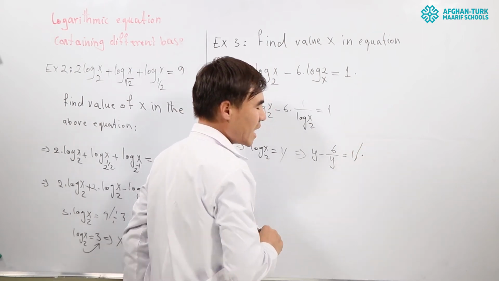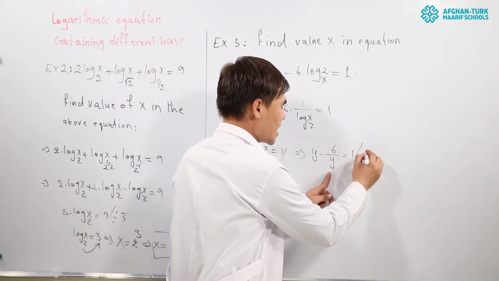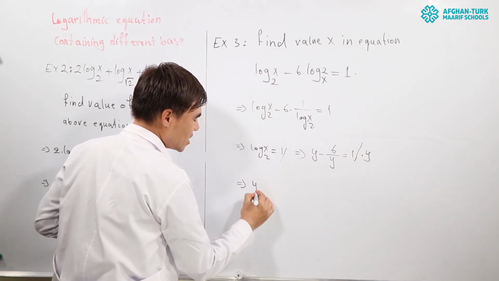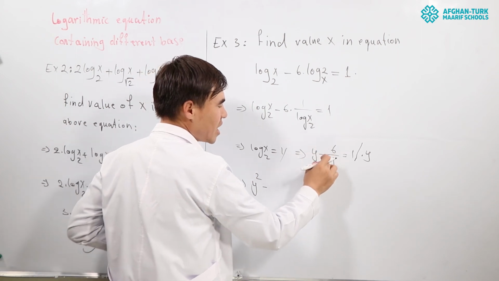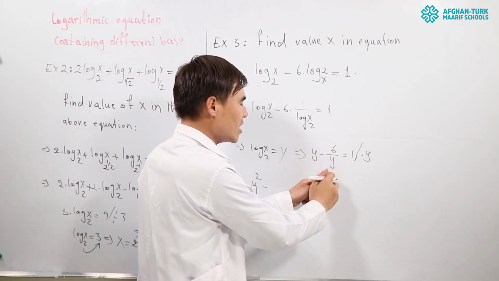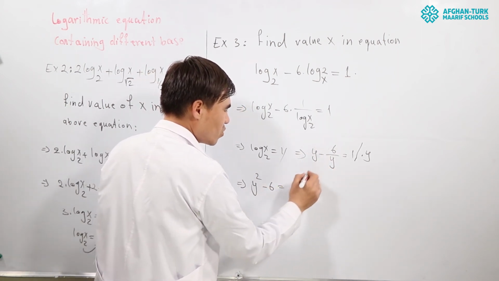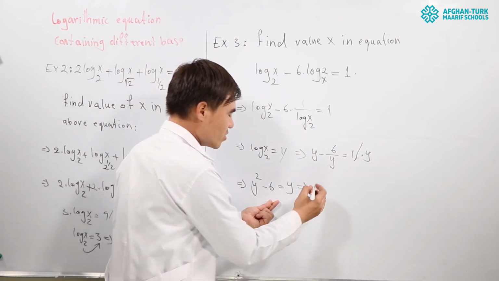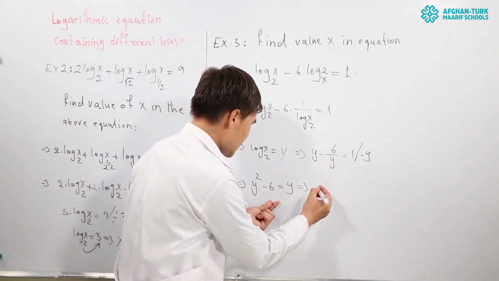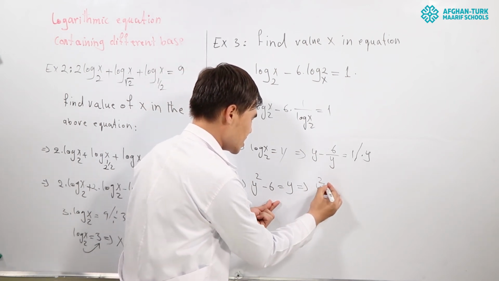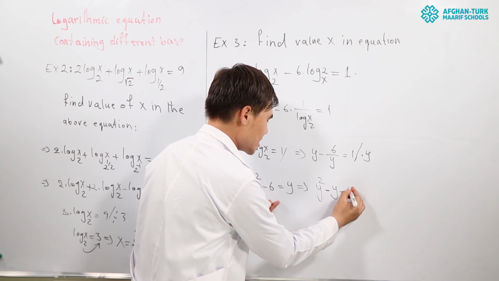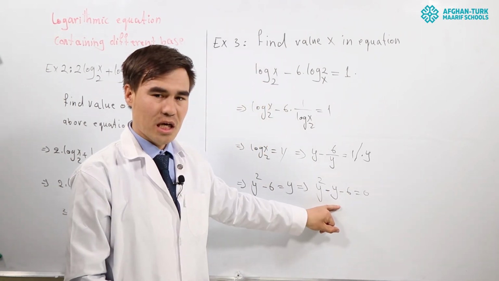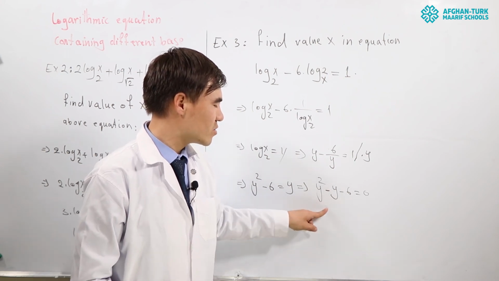If I multiply both sides by y, I will have y times y, which will be y square, minus y times 6 over y, which will be number 6, is equal to 1 times y, which will be y. Here I change this one into a quadratic equation. Let's simplify: y square minus y minus 6 will be 0. Here this is a quadratic equation. To find the roots of that,